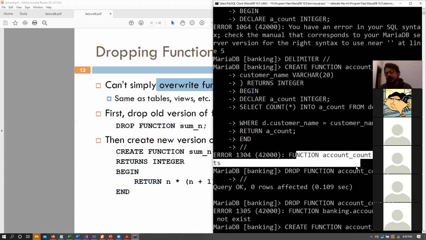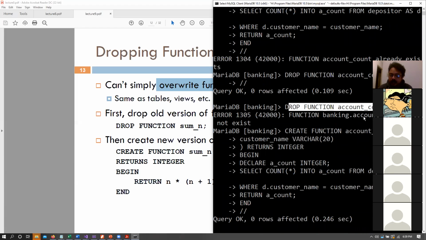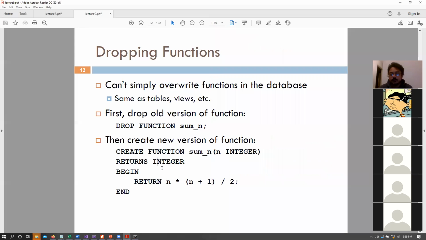Because that function name already existed from a previous try that I made. And that is why we needed to drop that function and then rewrite that function. So we can't overwrite functions in our database. We need to drop that function first and then rewrite that particular function. So if we make a mistake on the function definition, we have to kill it and then redefine it. Yes. Okay.